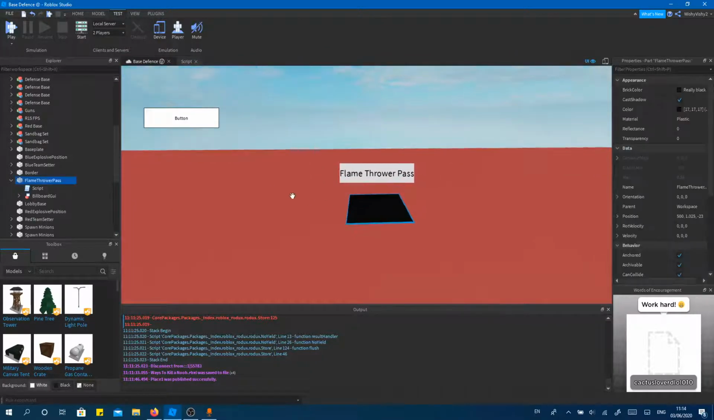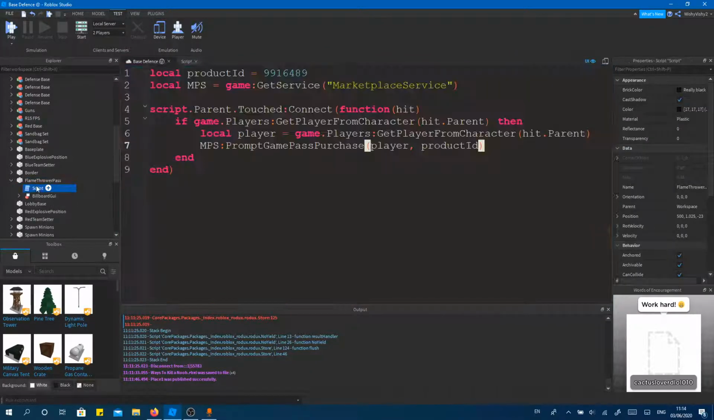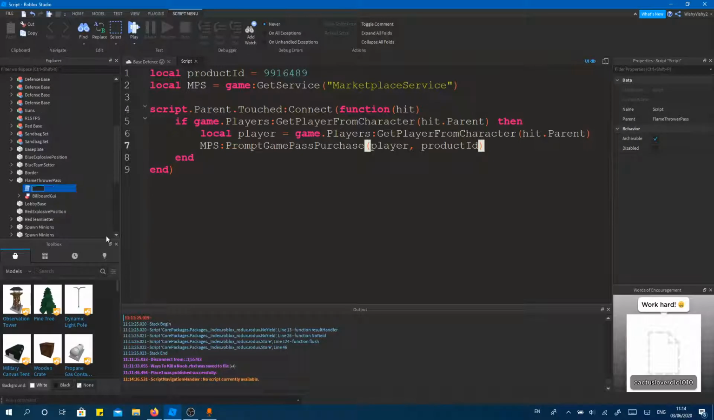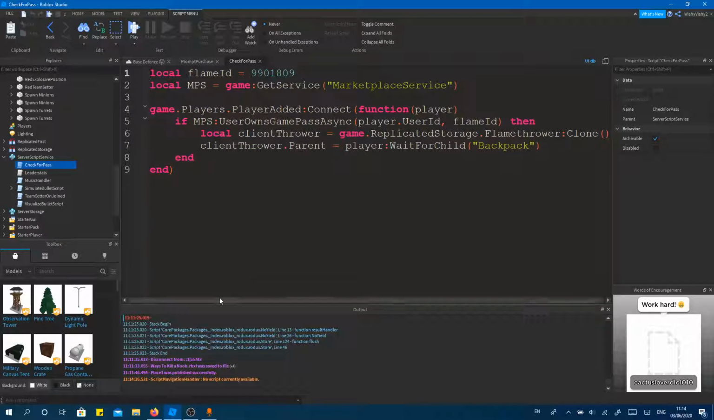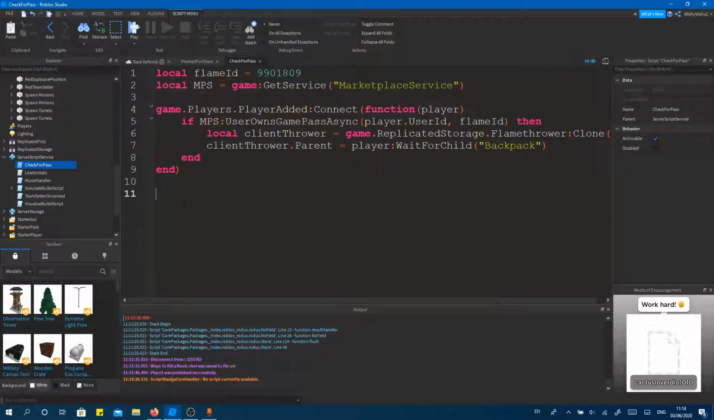Okay, so that's just essentially how you can prompt a purchase, but how would you check whether the player actually has your Game Pass or not? So go ahead, grab the same product ID variable. It doesn't need to be the same name, but you just need it. So I already have a script here which detects for this Game Pass. So what I'm going to do is I'm going to say